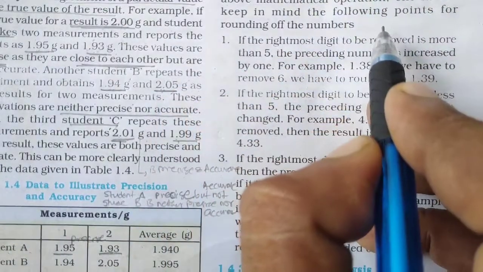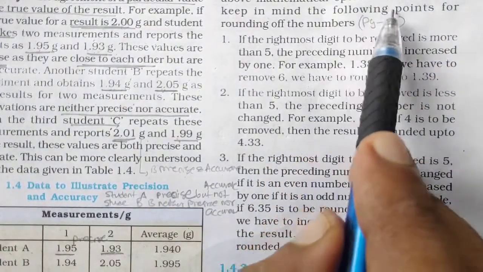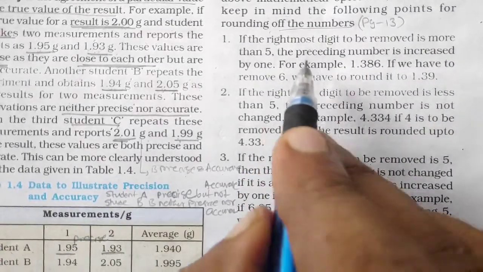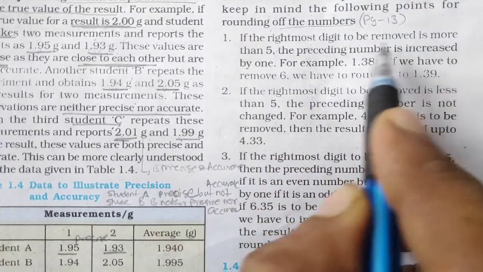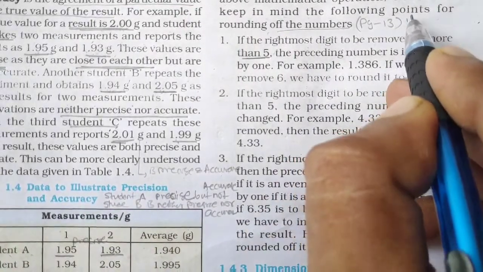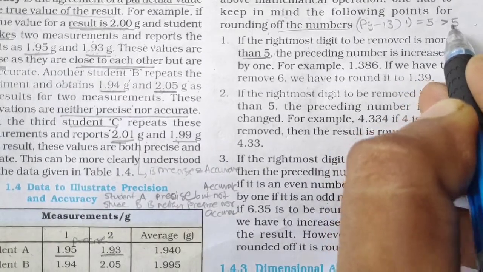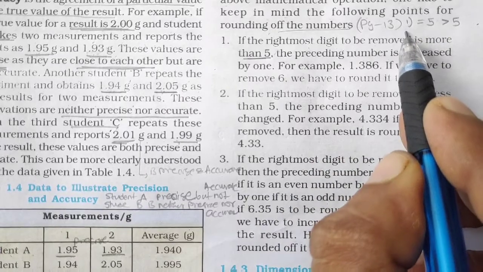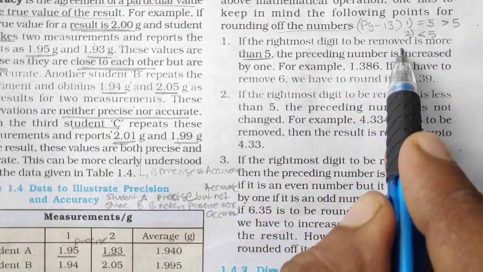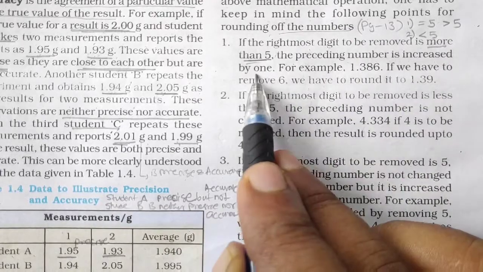Now this part is given in your textbook page 13, what I am talking about. In this you have to keep in mind the following points for rounding of numbers. Now what is the meaning of that? If the rightmost digit to be removed is more than 5. There are two conditions you have to remember. Condition 1, if the number is equal to 5 or greater than 5, then what you have to do, and if the number is less than 5, then what are the rules? Here it is given that if the number removed is greater than 5, the preceding number is increased by 1. For example,